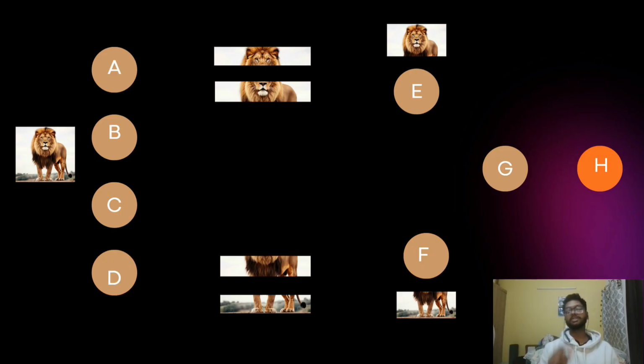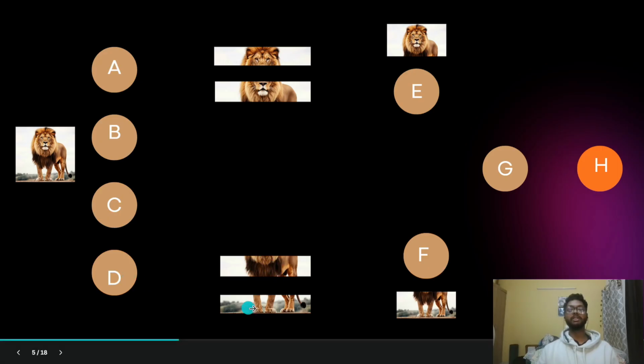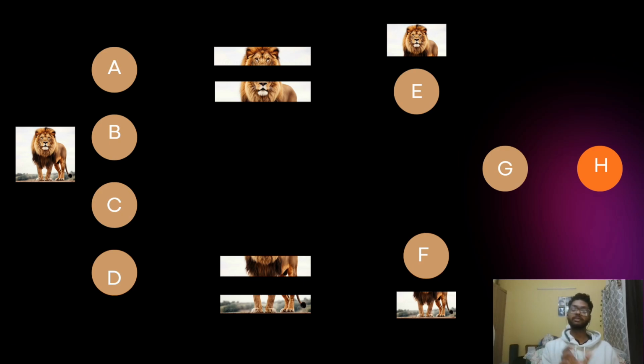Now, each of these students is given a particular task, and that task is to identify a specific part of a lion's body. For example, the task of A is to identify the eyes, task of B is to identify the mouth, task of C is to identify the body, D is to identify the legs. Each of these students can give a score. This score can range from 0 to 1, where 0 means that the student does not know whether the image is of an eye or not, and 1 means the student can surely say that the image is of an eye